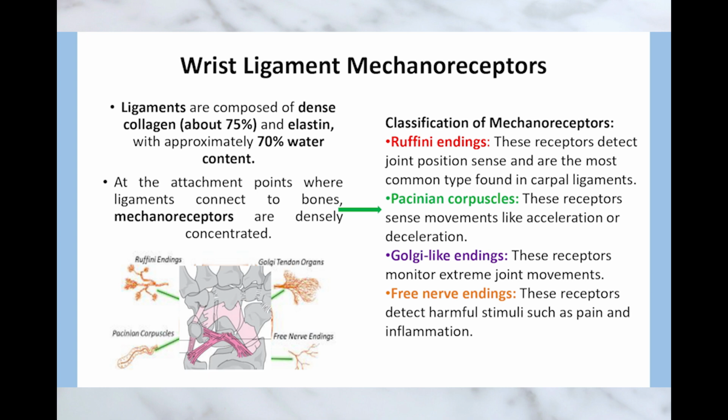So a lot of it comes from special sensors called mechanoreceptors, and they're actually located in the wrist ligaments themselves. Wow, in the ligaments. Yeah, we're talking about Ruffini corpuscles, which mainly tell you about the joint's position. Then you have Pacinian corpuscles, which are super sensitive to changes in pressure and acceleration. Golgi-like receptors, which respond most strongly at the extremes of motion. And then, of course, free nerve endings, which are best known for pain, but they also play a role in proprioception. We actually have a diagram here showing how these different mechanoreceptors are spread throughout the wrist ligaments. That's amazing. It's incredible to think about all those tiny sensors working all the time.